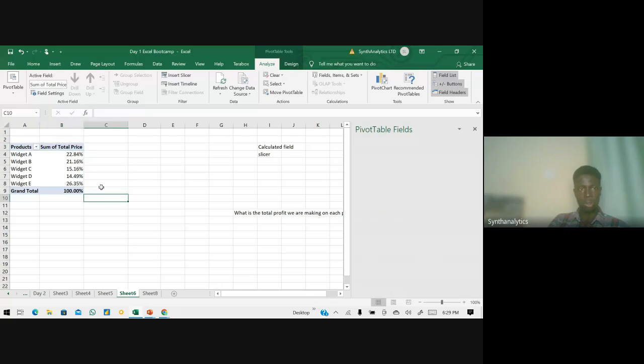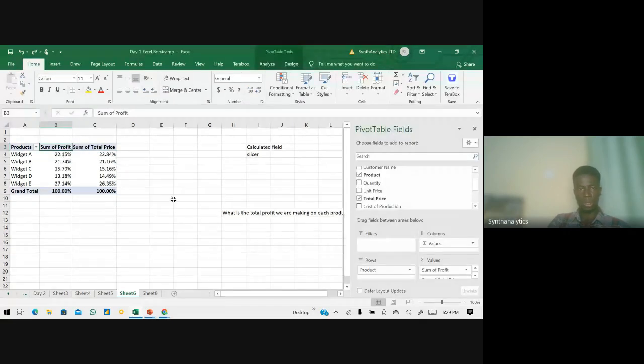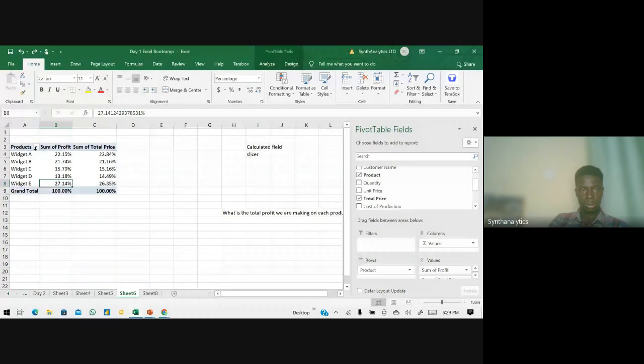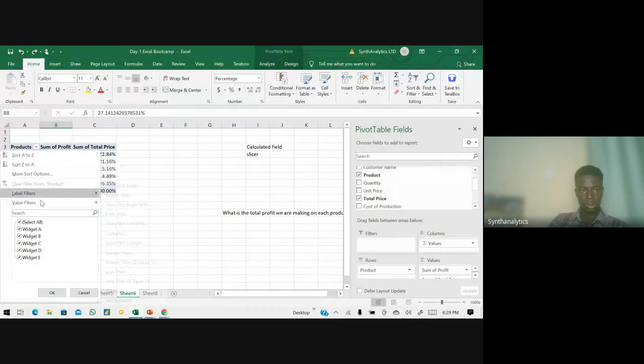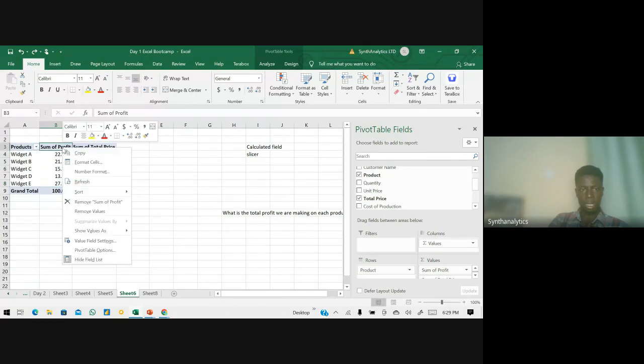So you can see the total profit. For the profit, this one is giving us the highest profit. And then from here we can sort from the largest to the smallest.